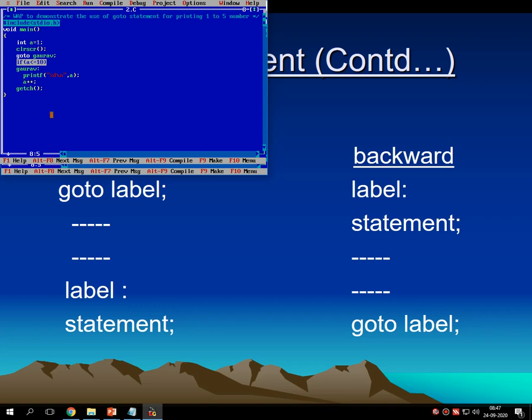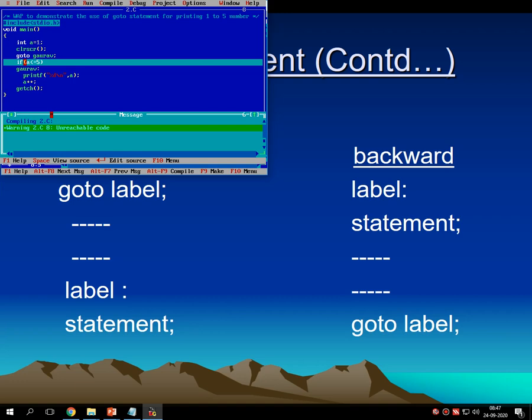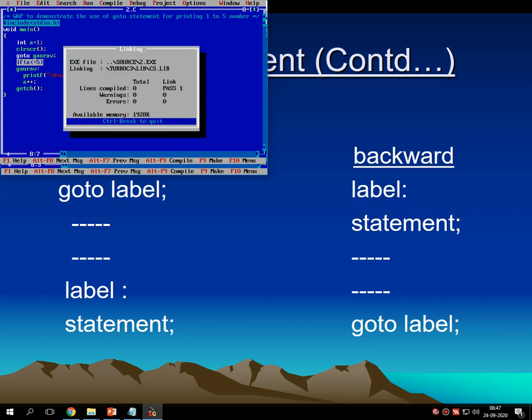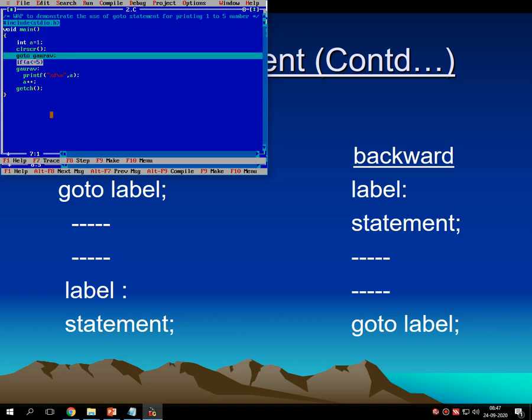Go to program, if a is less than 10, let me change it to the lowest value. What warning message? Unreachable code. Value of a is this. That means I have to check the first condition.